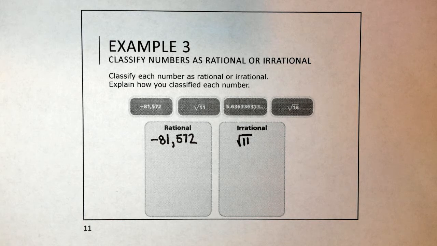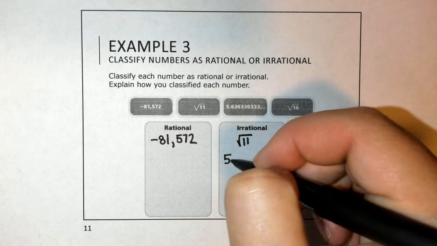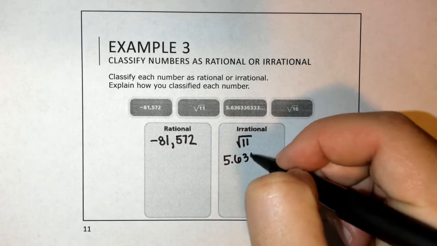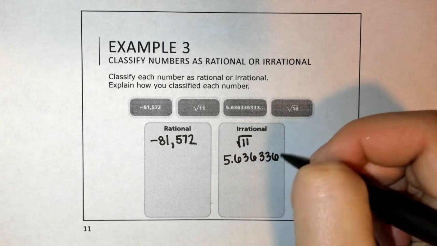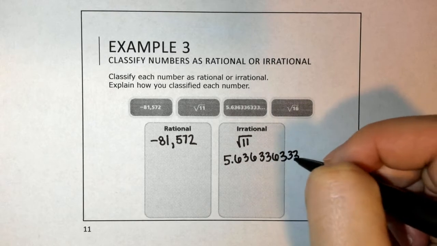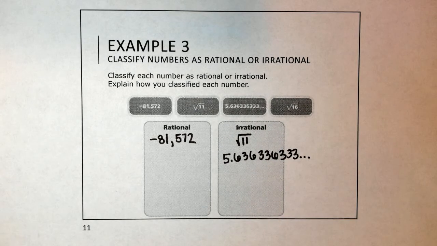So when it's not a repeating pattern, that means it's irrational. So 5.636336333 is irrational. And then the last number, the square root of 16,